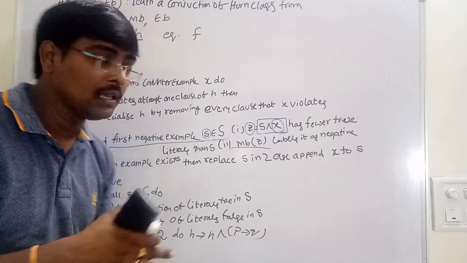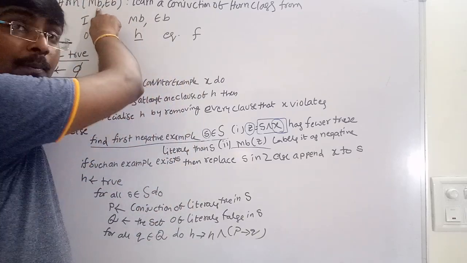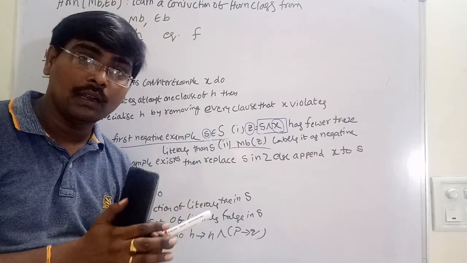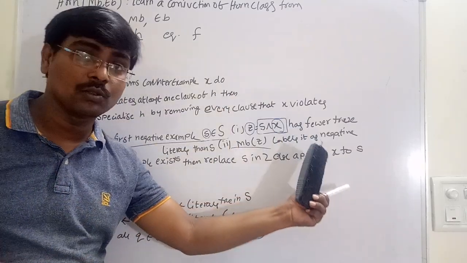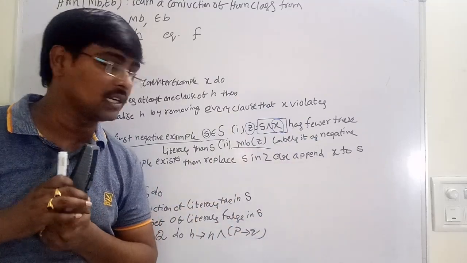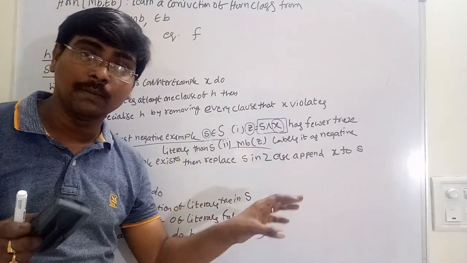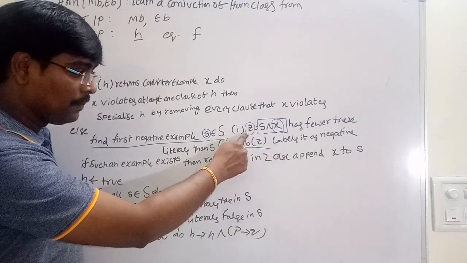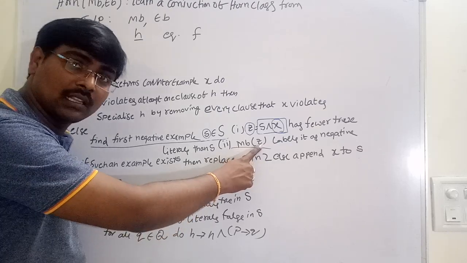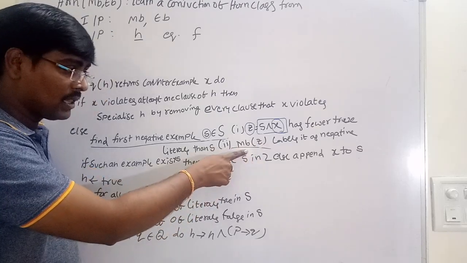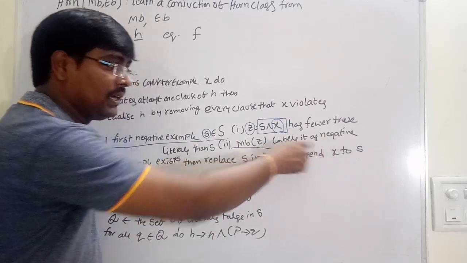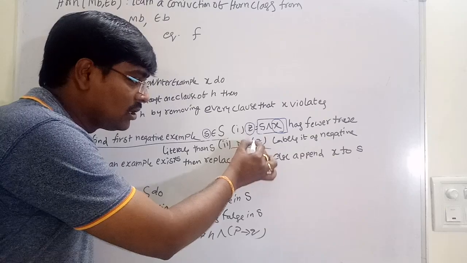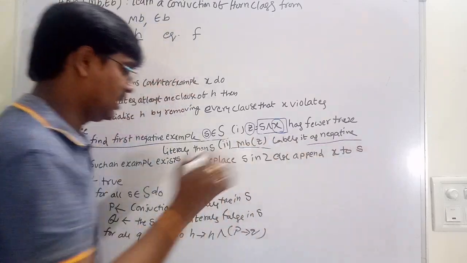How can we identify this? We access the membership oracle MB, which tells us whether the example we are considering is a member of the concept we are learning or not. If it is a member of the concept, add that example Z to the membership oracle and label it as negative.